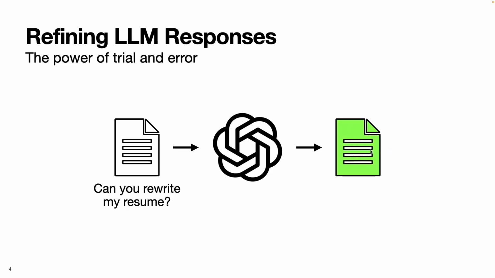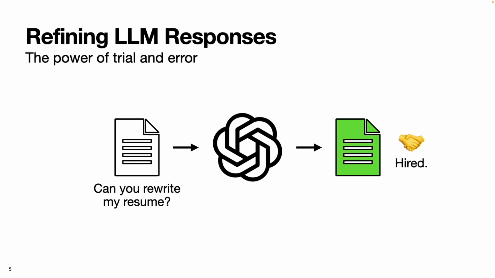And then this might be pretty close to the final output I'm looking for, but maybe I just want it in Markdown. So I'll just say, "Hey, can you format this in Markdown?" And then we'll have the final version of the resume that can help get me hired. So this simple example is representative of a larger pattern that comes up when working with LLMs. Namely, a lot of times it doesn't get it perfectly right on the first try. It takes some trial and error and refinement to get the LLM's response to be exactly what you're looking for.